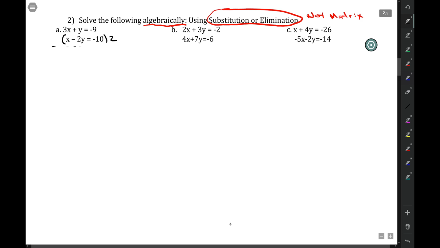Again, if you do this a different way, that's fine. You have your choice. That means this is 2x minus 4y equals negative 20. If I add these two equations now, I have 5x